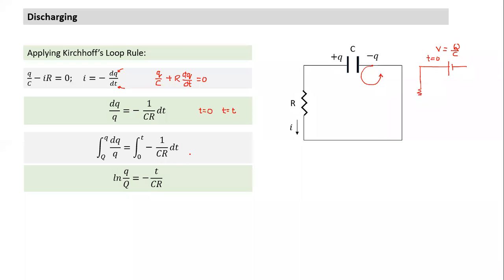Sir, for the small interval dt, we consider the charge to be constant, right? Yes, that's why I took it in a small time interval. In a very small time interval, we can assume this to be constant. Since potential is varying with time, how do we make the potential constant? If we take the time interval infinitely small, then the potential can be taken as constant, and the same with current also.